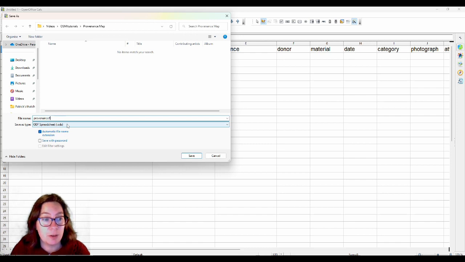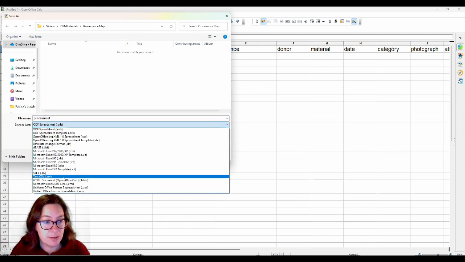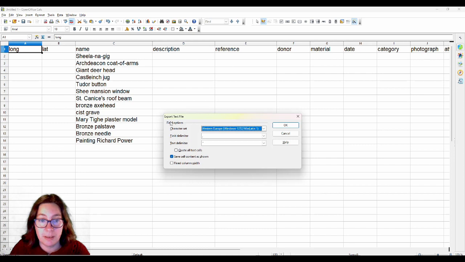So in OpenOffice, the default file extension is ODS, but do not use that. You have to go down to text CSV and then click save. Then it asks you, and it probably does that in Microsoft Excel as well, which the field delimiter, and that's comma.